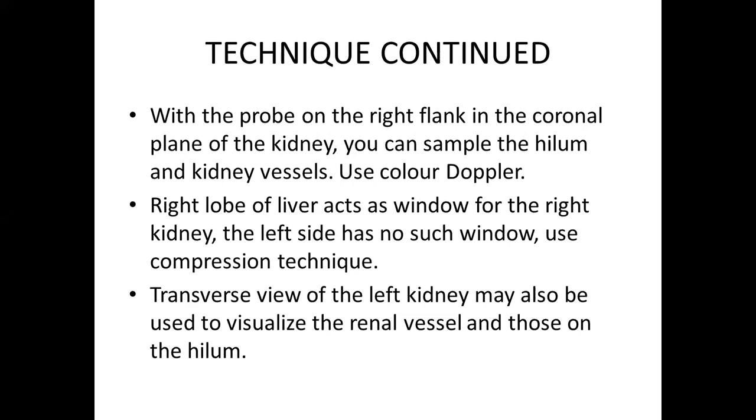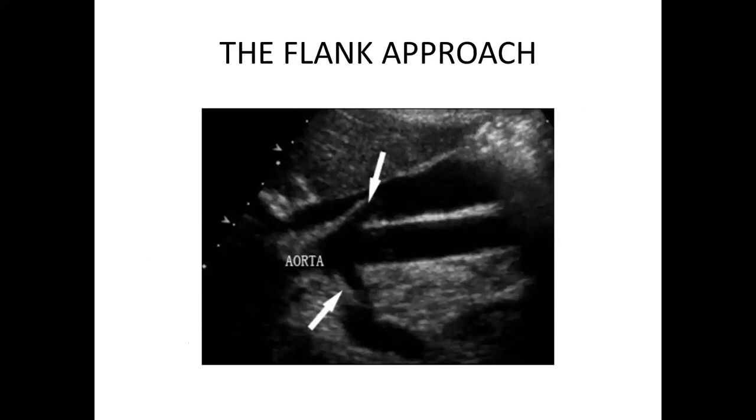That is, if you have difficulties in visualizing in the longitudinal plane, you also have the liberty to turn the probe the other way, and you visualize the hilum in the transverse view, and the renal vessels. So this is the flank approach. This is the image that should come up when you put your probe just behind the right mid-axillary line, and then try to use the liver as your acoustic window, and you see both